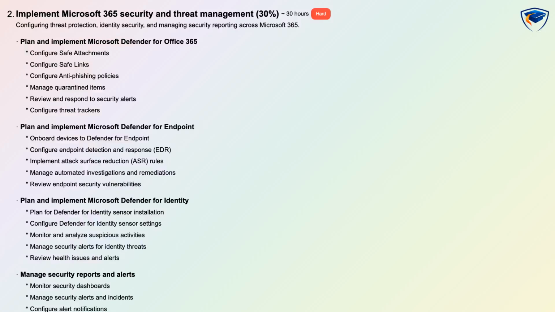You will learn Microsoft Defender for endpoint onboarding and protection, including endpoint detection and response, attack surface reduction rules, automated investigations and remediations, and vulnerability review. You will also cover Defender for identity sensor planning and configuration, monitoring suspicious activity, managing identity alerts and health issues, and using security dashboards, incident management, alert notifications, Microsoft Secure Score, and the Microsoft 365 Defender portal for reporting and